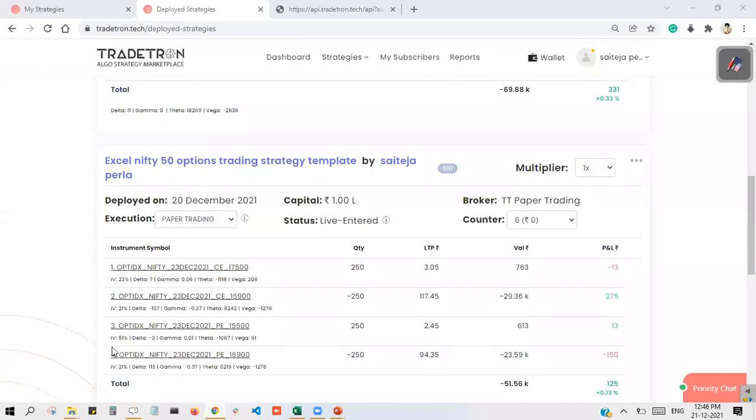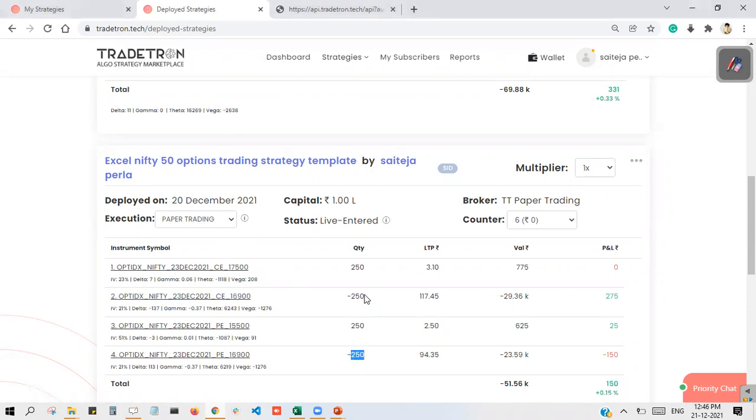If you see, those Nifty 50 orders have been placed. If you check, the same strike 16,900 CE selling and PE selling has been placed here.